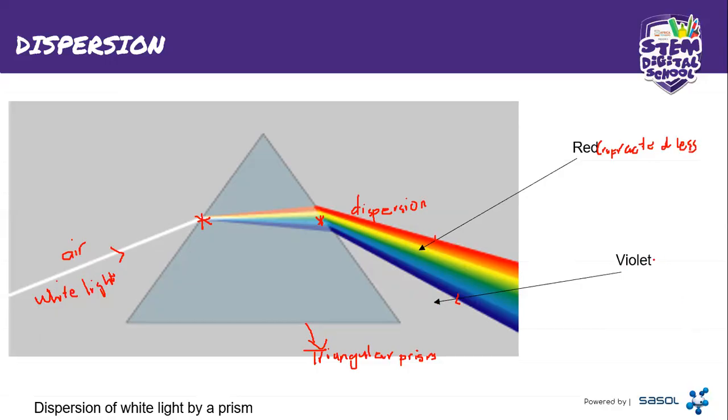And the violet is refracted more. Are we together? So why is violet refracted more? Because it has a high frequency